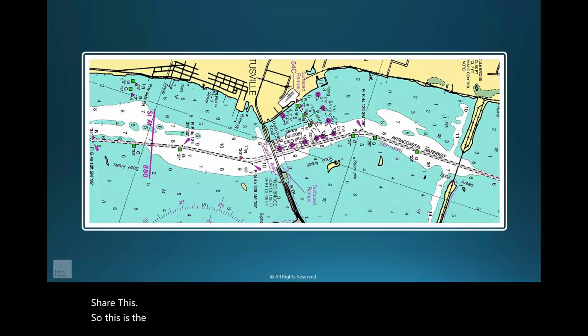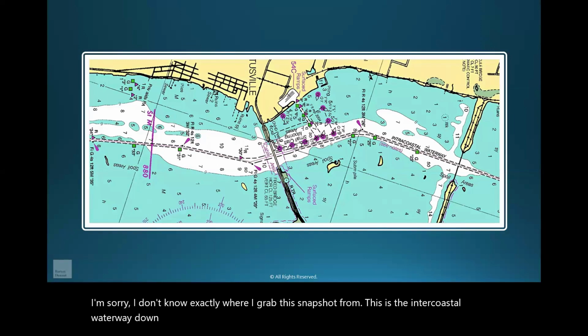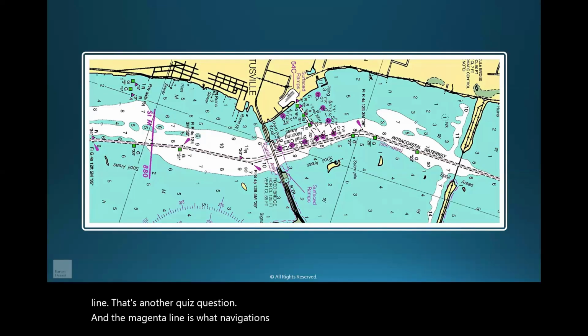So this is a picture of a portion. I think it's Titusville, and I'm guessing that's Florida. I'm sorry, I don't know exactly where I grabbed this snapshot from. This is the Intercoastal Waterway down to, very detail. The line that's there is in a purple color. It is called the magenta line. That's another quiz question. And the magenta line is what navigations for these ships and boats that are traveling along